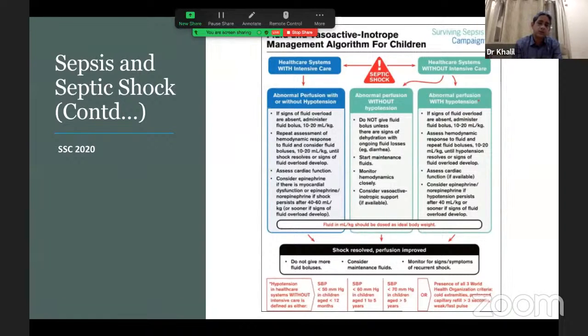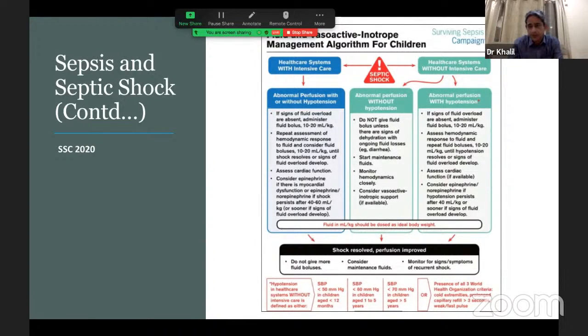So with regard to hypotension in healthcare systems without intensive care, hypotension is defined by age norms. For less than 1 year, less than 50. For 1 to 5 years, less than 60. For above 5 years, less than 70. So 50, 60, 70 is the cutoff for less than 1 year, 1 to 5 years, and more than 5-year